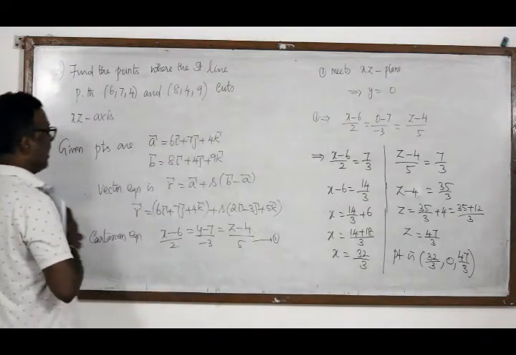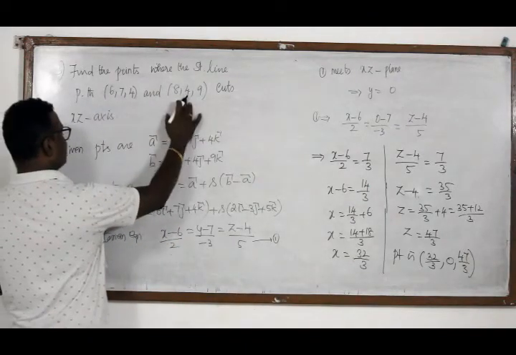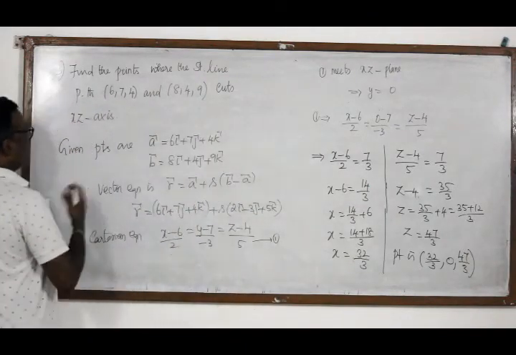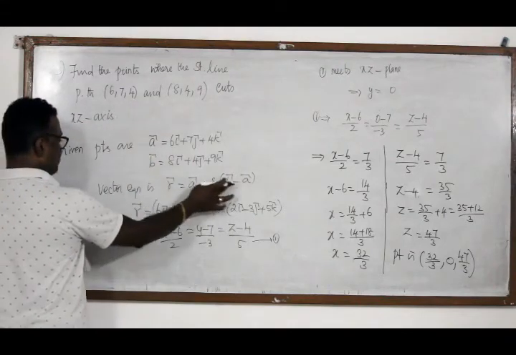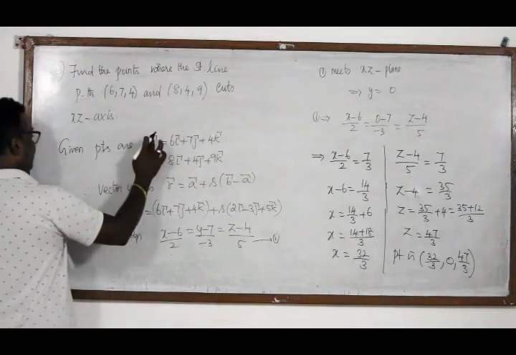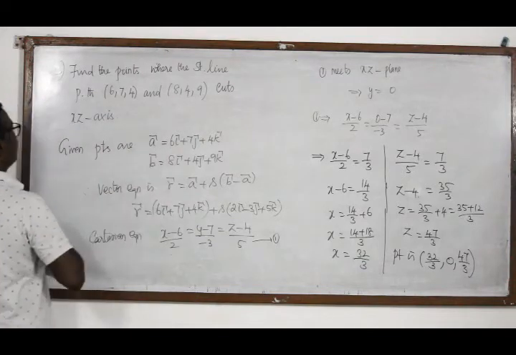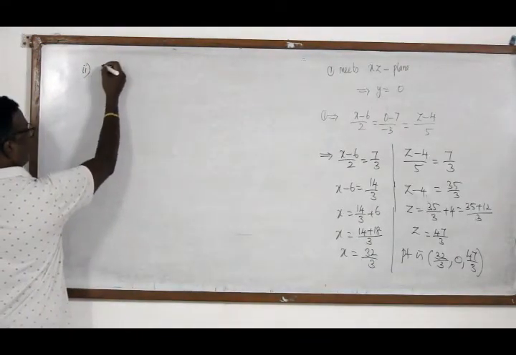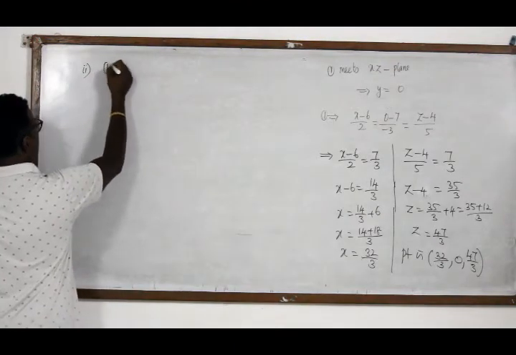But I took this one as A and this one as B, so I got this point. I can take, instead of B minus A, A minus B also, isn't it? That is, I can take this one as B and this one as A. Now second question, again, one meets,